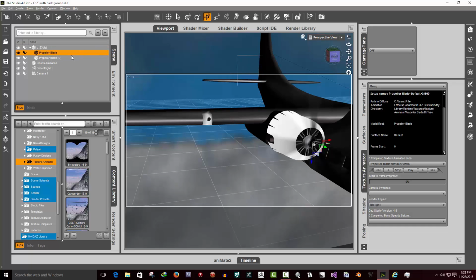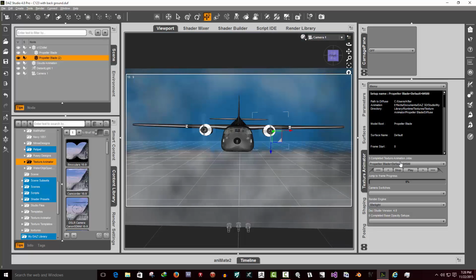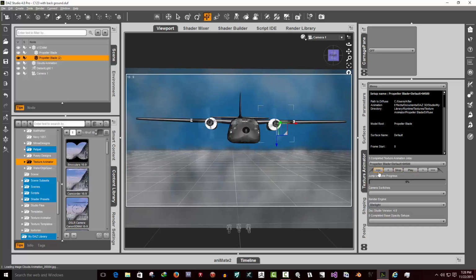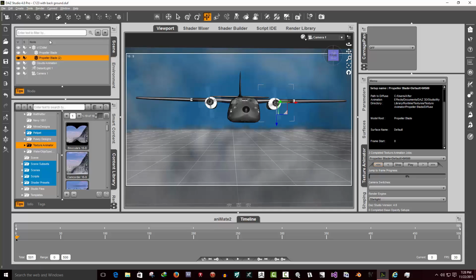In this case, it's got two engines, so there's two propeller blade animations, and it works pretty good. I have a little video online that has it going at full speed if you want to check it out. But if you're into making aircraft, any kind of aircraft like scenes or movies or anything,